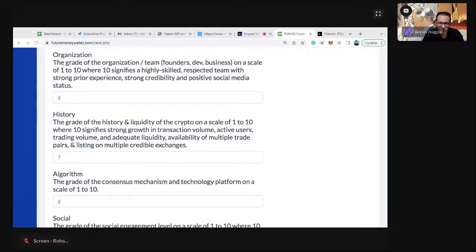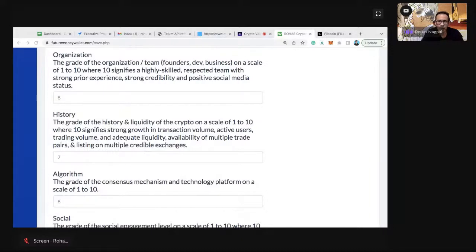Now, usually when a fraud or rug pull happens, it does not happen from teams which are solid and well known, because they've got a lot of reputation at stake. They've built a reputation over years. So the chances of their project failing are much lower as compared to projects which have anonymous or very unknown kinds of teams. Is this clear? Give me a yes if it's all clear. The organization part.